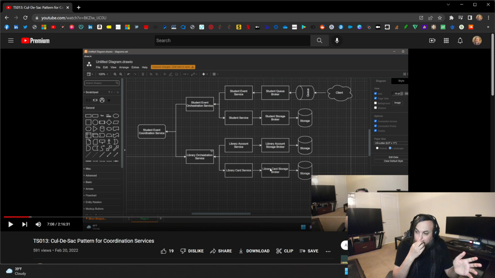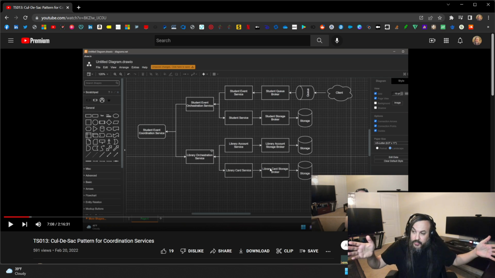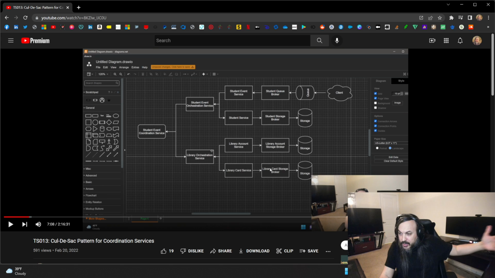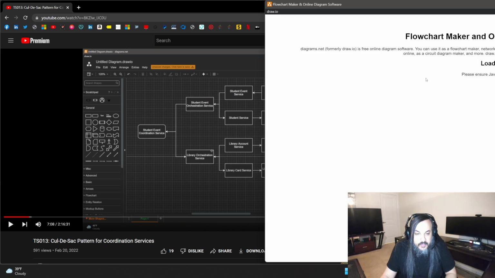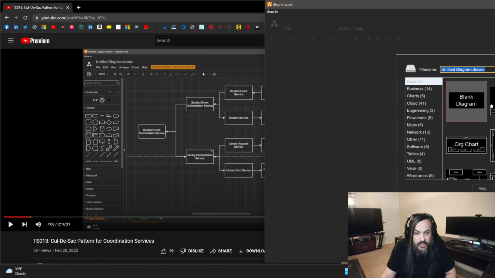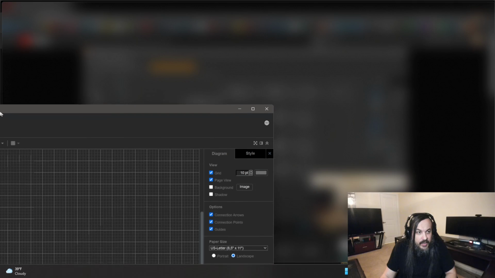This pattern here is what I call a horizontal scale, right? Because you're scaling horizontally. So you're going to build a coordination service, a management service, an Uber management service. You're going to continue to scale this way, right? Which has its pros and cons, and we'll talk about that in a second.